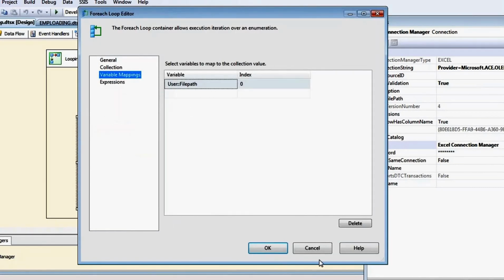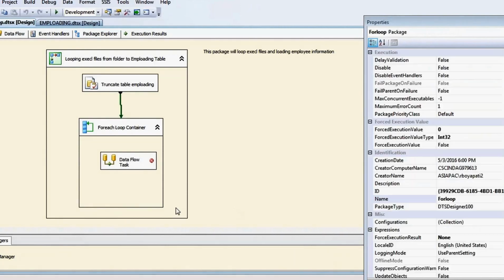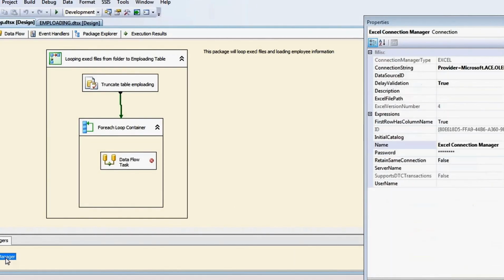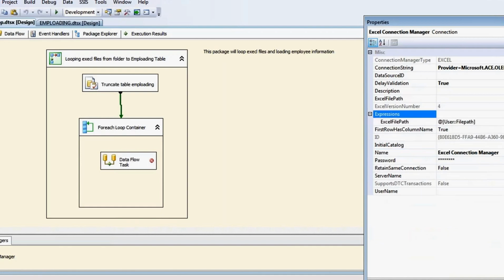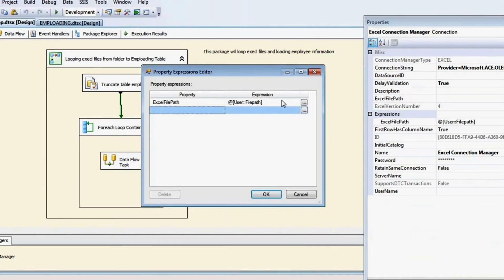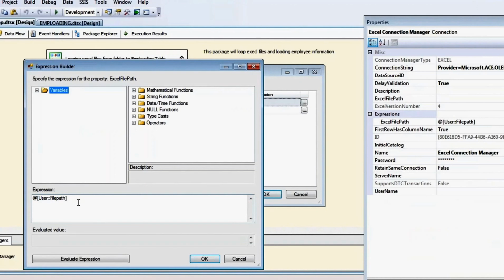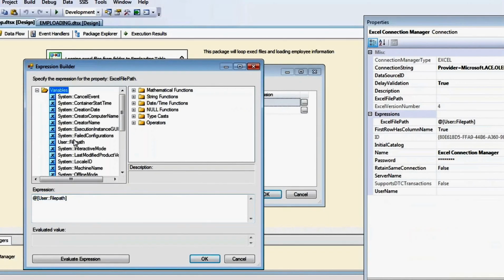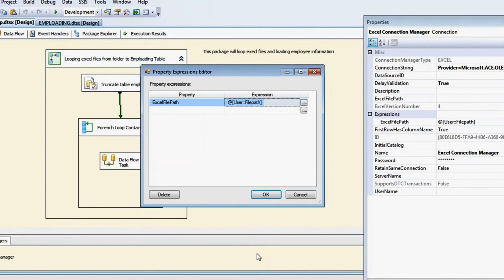Just right click, go to properties, under expressions, ExcelFilePath. I passed this variable because it holds the full path, the folder and the file, each time. In the first loop emp1.xlsx, the second emp2, third emp3.